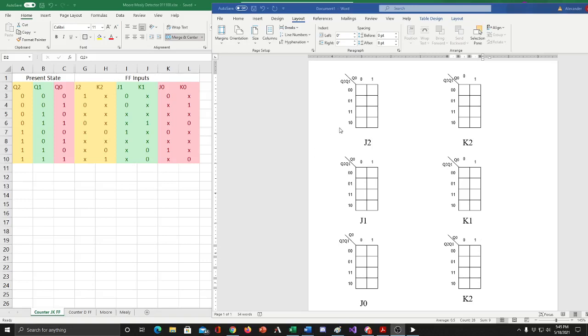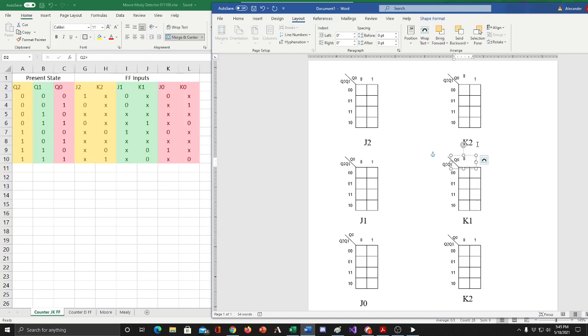Okay, so continuing where we left off, I now have some Kmaps over here, and something weird happened to the zeros up here. I have no idea what happened to the zero. Something goofy, it's only happening on some of these. Anyway, it doesn't matter. So, to determine the value of J2, we're going to fill in our table based on